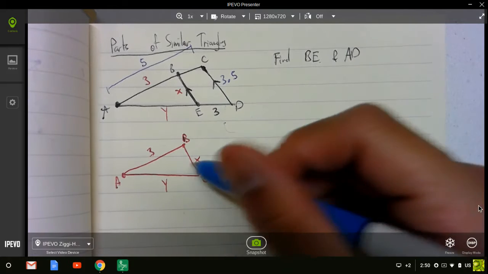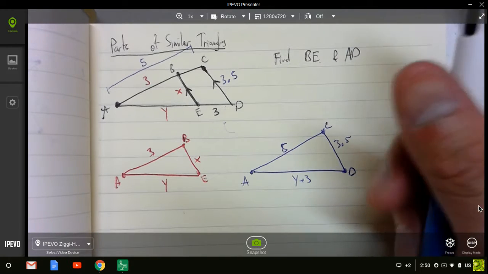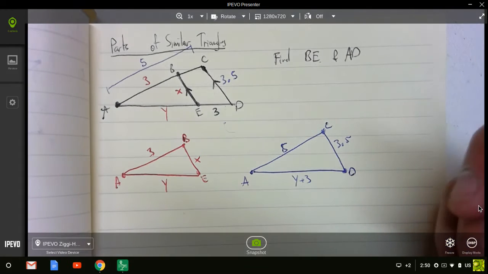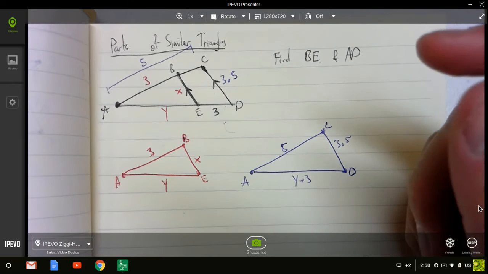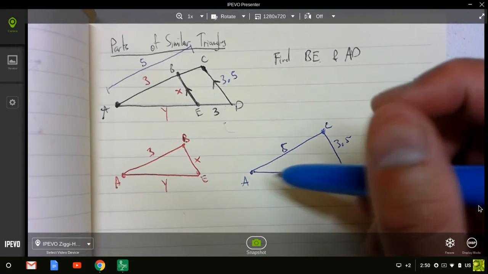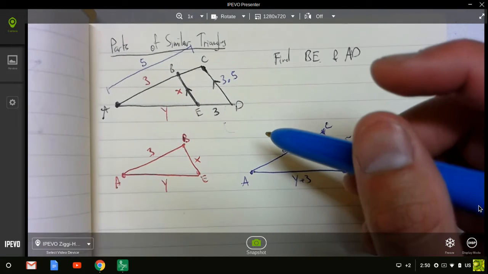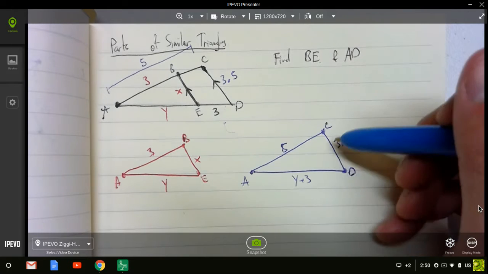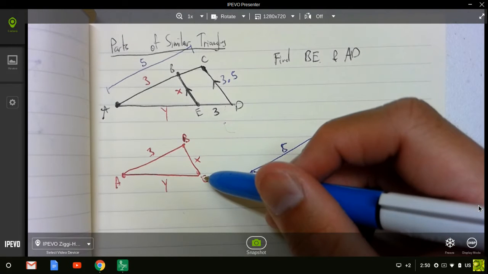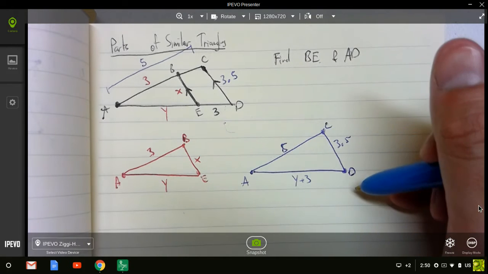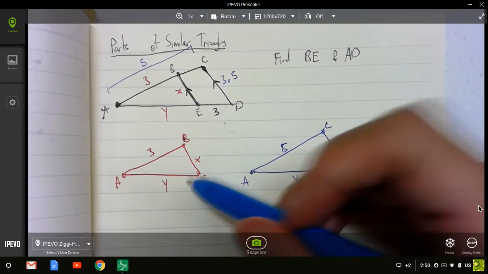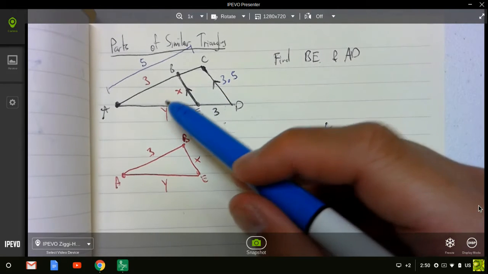So it's really nice to separate out the triangles. I mean, you don't have to do it. You can just kind of go off of what you see by eye. But it's nice to separate them out so you see exactly what you're dealing with. And before you can do anything, we're going to start setting up the ratios. Like I can already see BE is proportional to CD, and I also know AB is proportional to AC. But the only way you're going to know that is if these two triangles are actually similar,